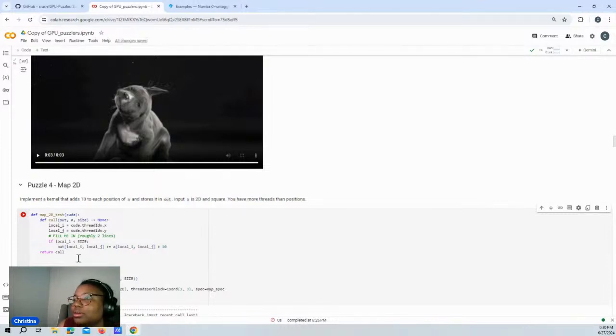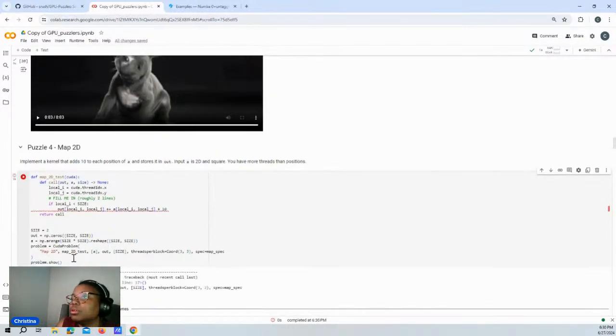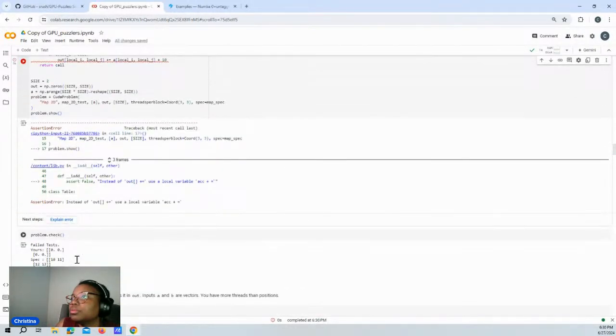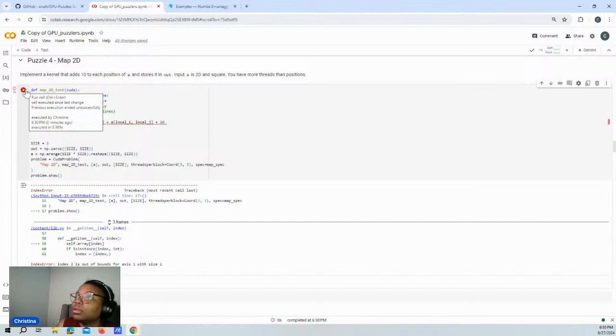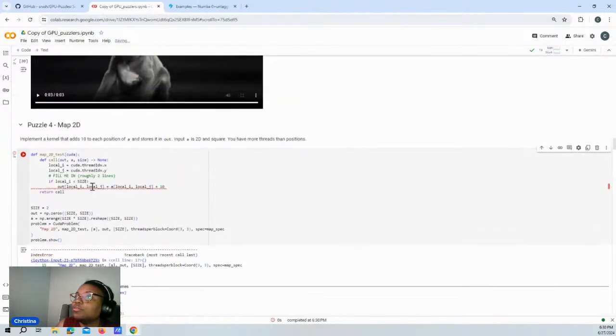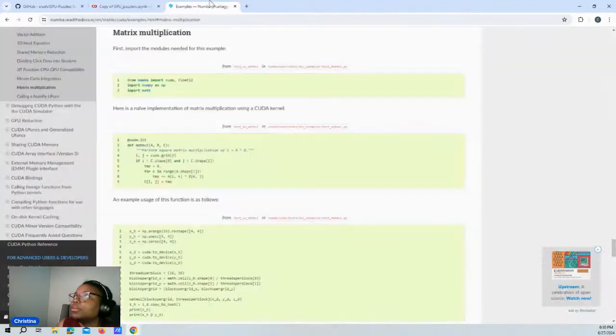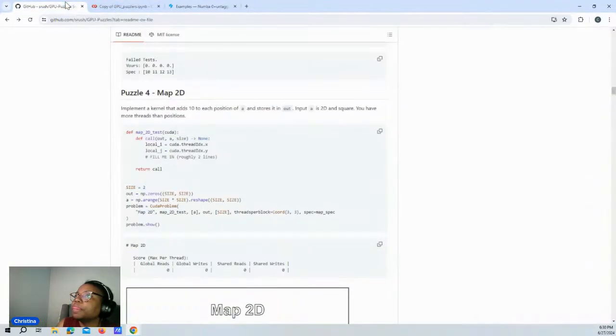Okay? So, and this still, I believe, needs to be, I don't think it'll run. I don't need plus equal. Index 2 is out of bounds, so I need a for loop to loop through if I and J is less than, yep. If I and J